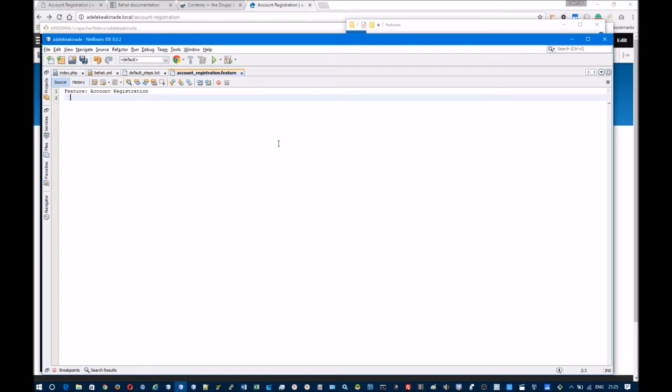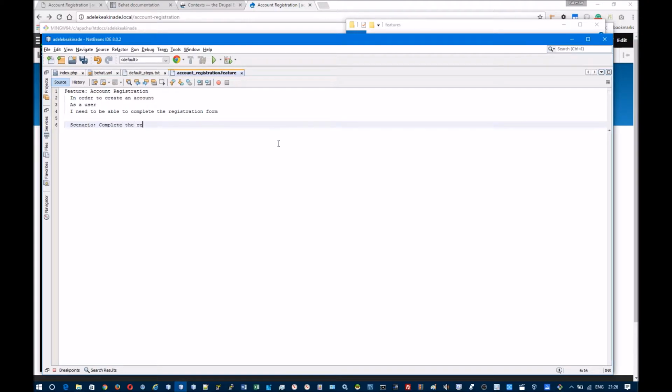So, in order to create an account, as a user, I need to be able to complete the registration form. And then I'll add the first scenario, the first and only scenario actually,